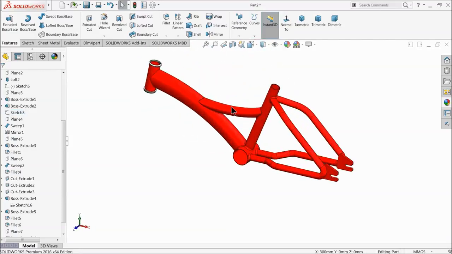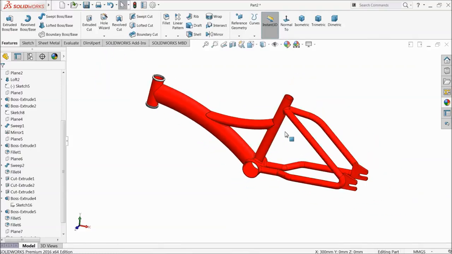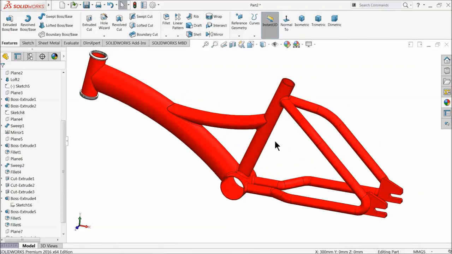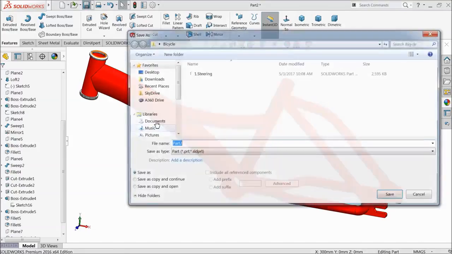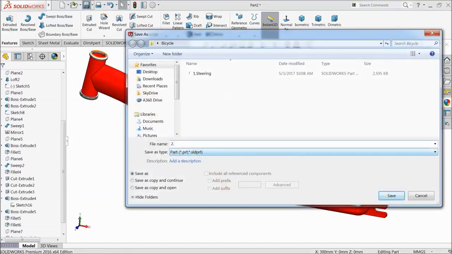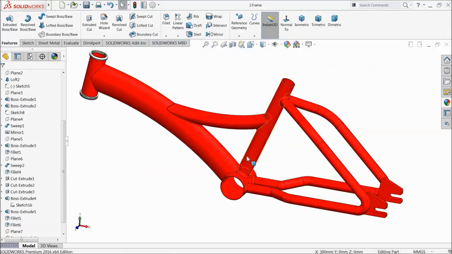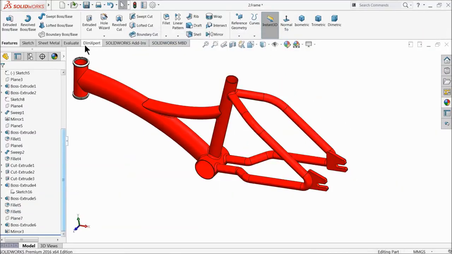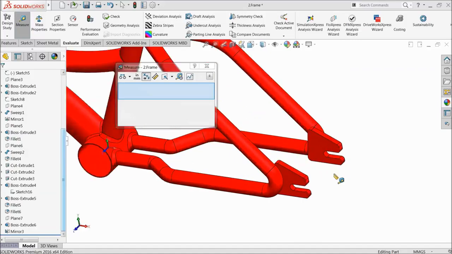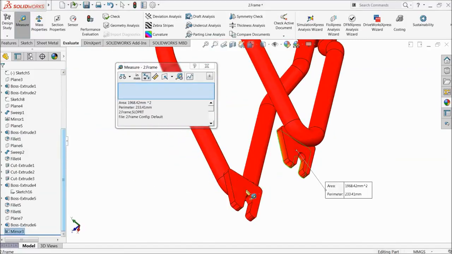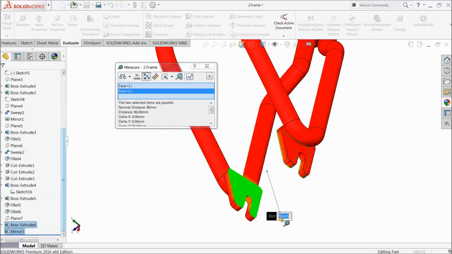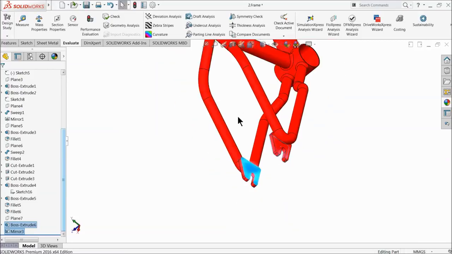So now this is our frame, bicycle frame, a child bicycle frame actually. Let's save this part number 2 frame. Let's see what other parts are there. Now go to evaluate, measure, and select this two distance. It should be 90 millimeter actually. So cancel it